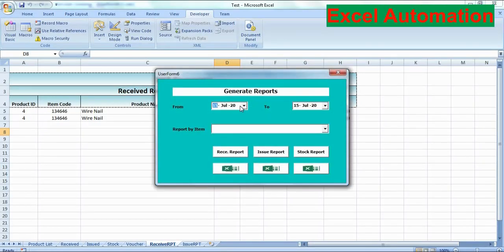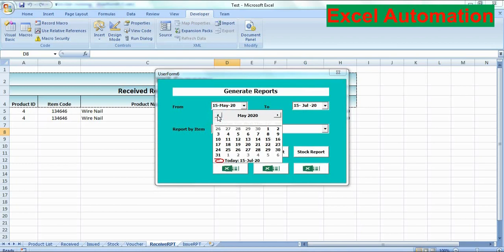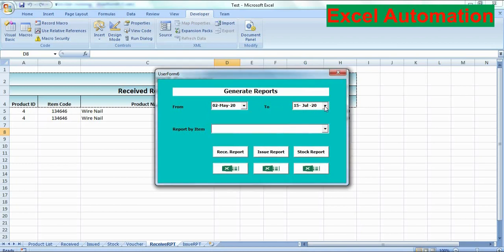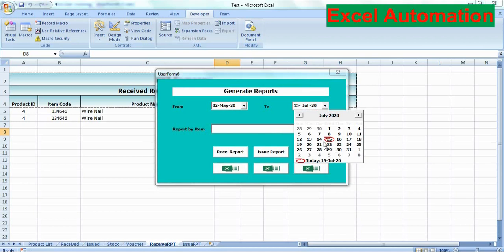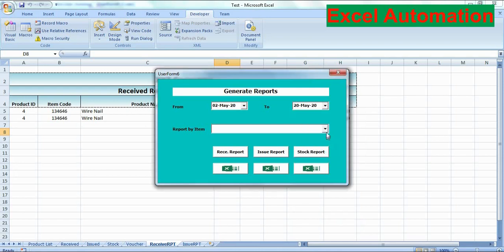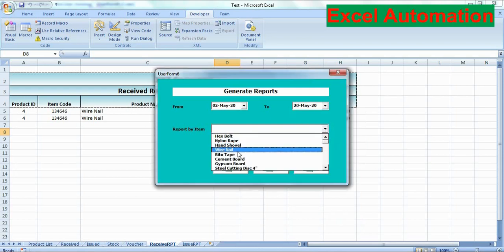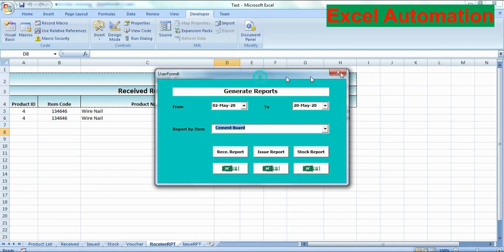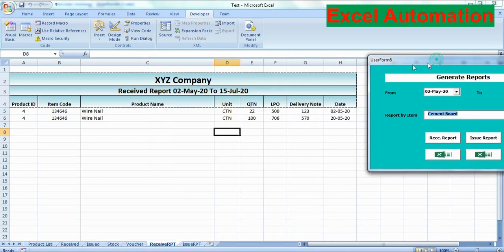I will select here 2nd of May, and here I will select 20th May. Okay, and here we will select one product. So let's say cement board, and when I click this,